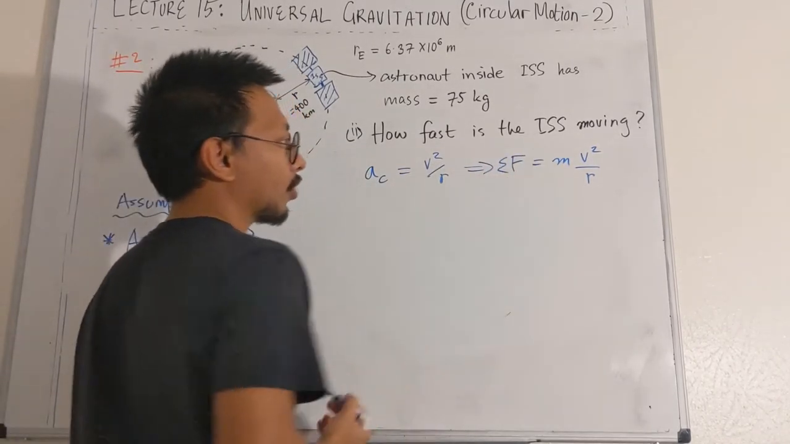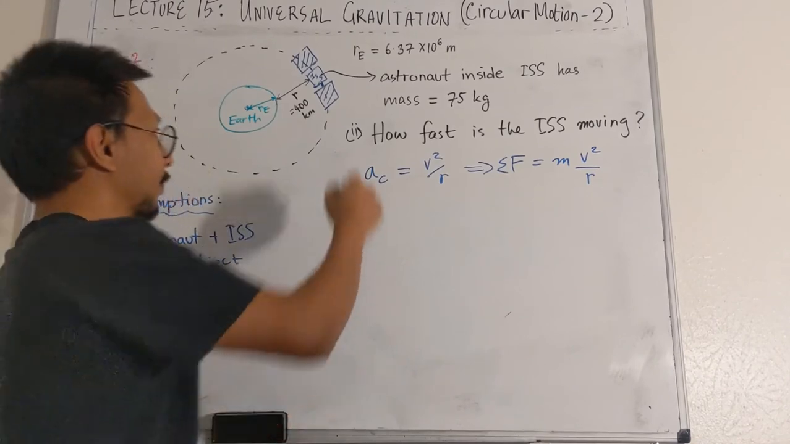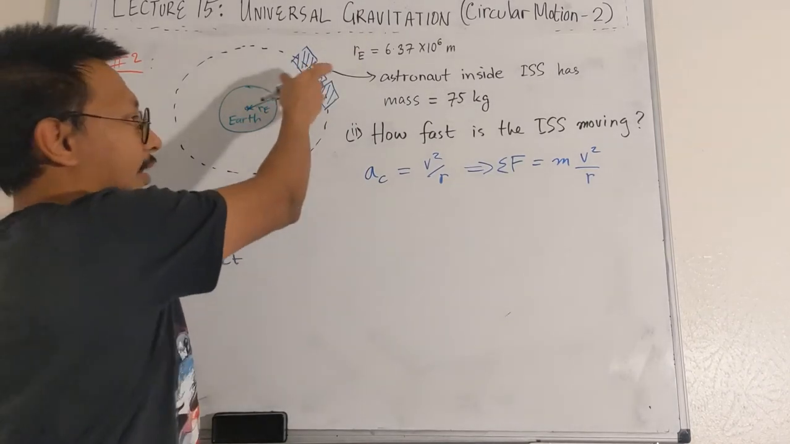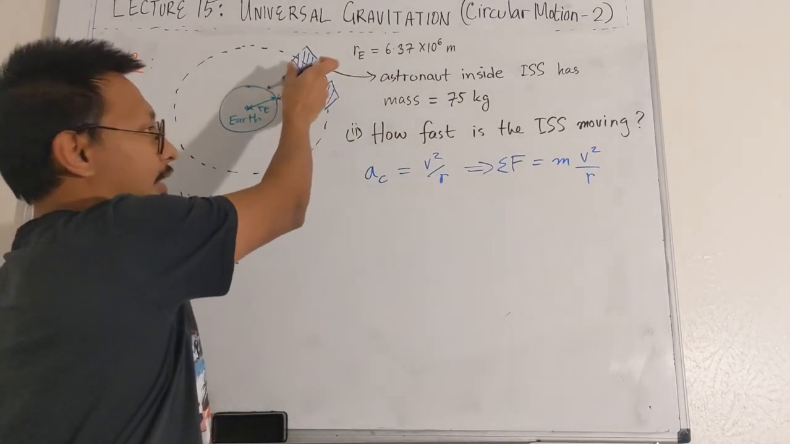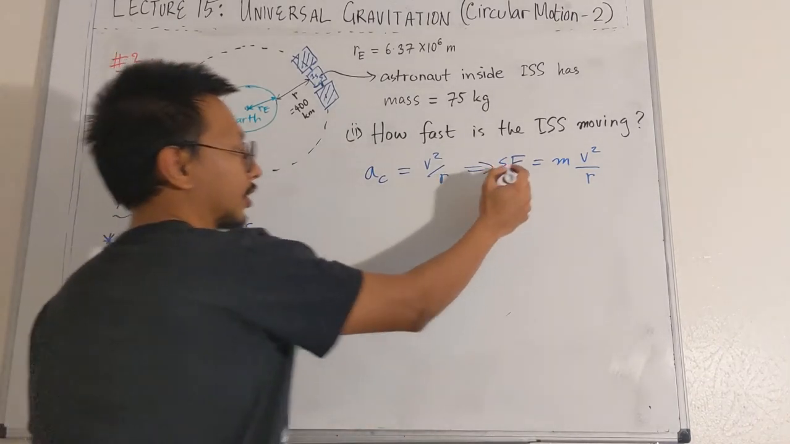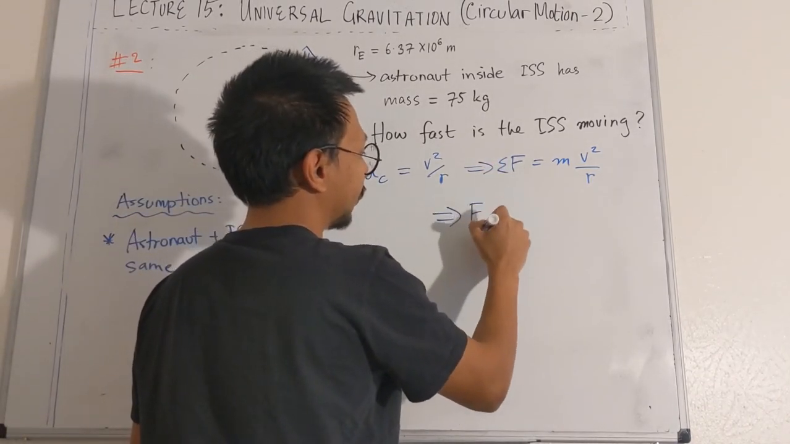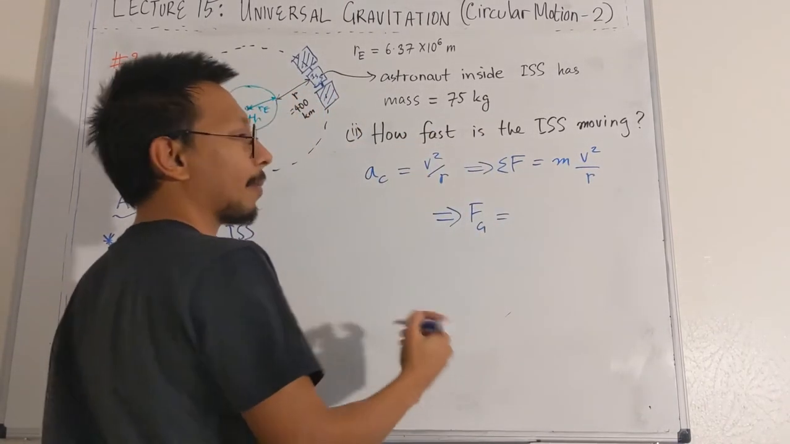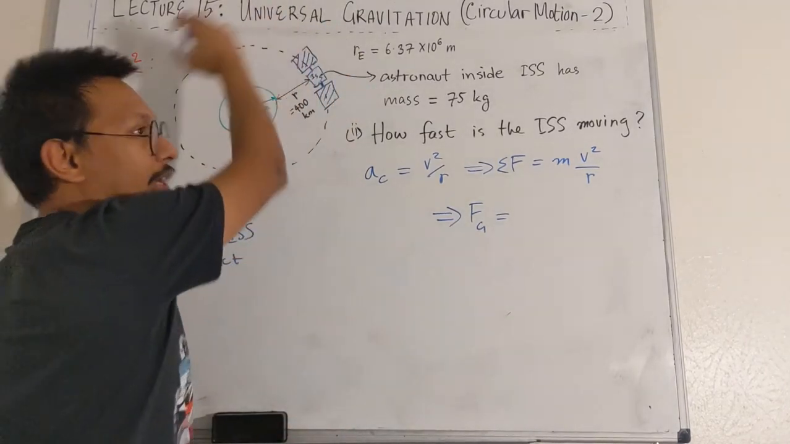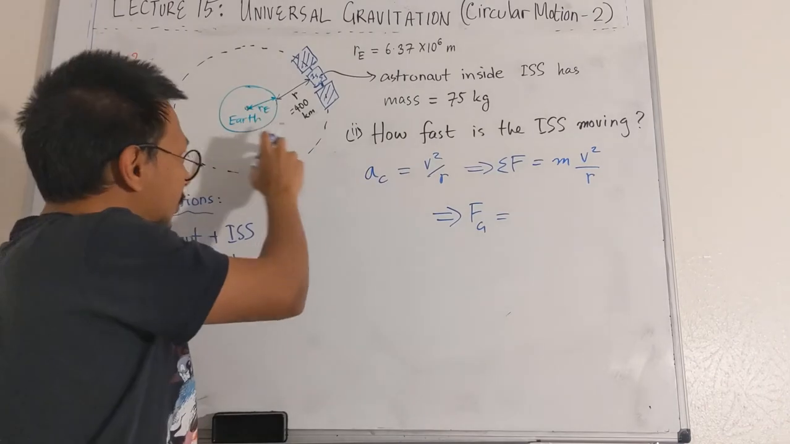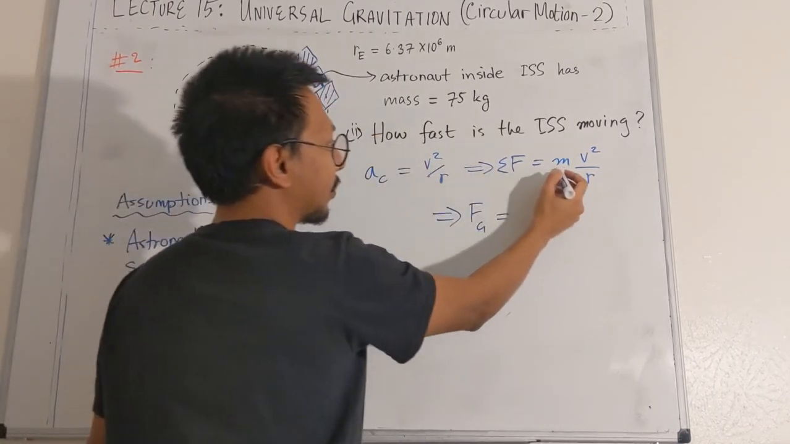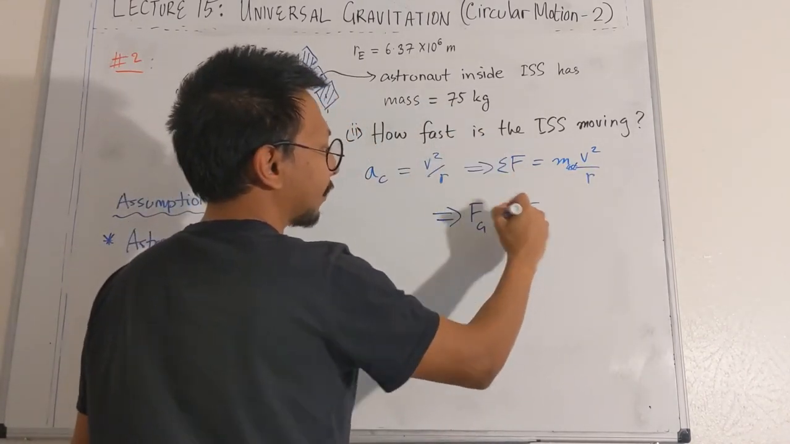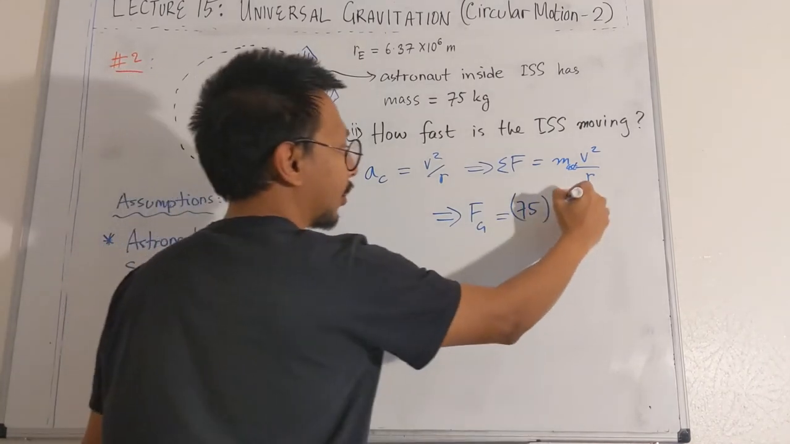So we know that the only force that this ISS is feeling is the gravitational force that we have just calculated, and it is always directed towards the center, that is in this case towards Earth. So this summation of F becomes Fg equals, what is this mass? This is the mass of the object that is moving in the circle, that is moving around the center. In this case, this is the mass of the astronaut. So that is 75 kilograms